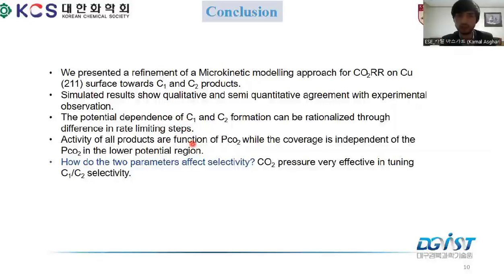The activity of all products is a function of carbon dioxide partial pressure, while coverage is independent of carbon dioxide partial pressure, especially in the lower potential region. And we also found one important answer, how these two parameters, especially pH and partial pressure, affect selectivity. So carbon dioxide partial pressure very